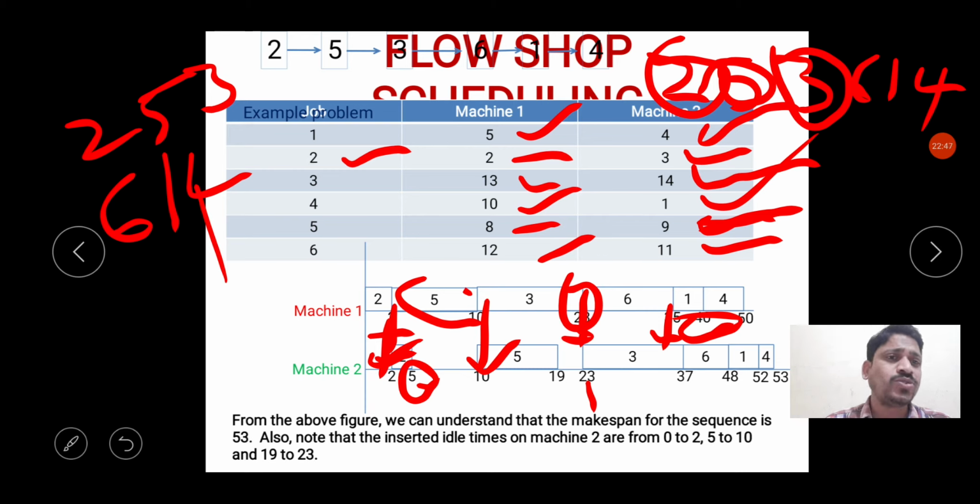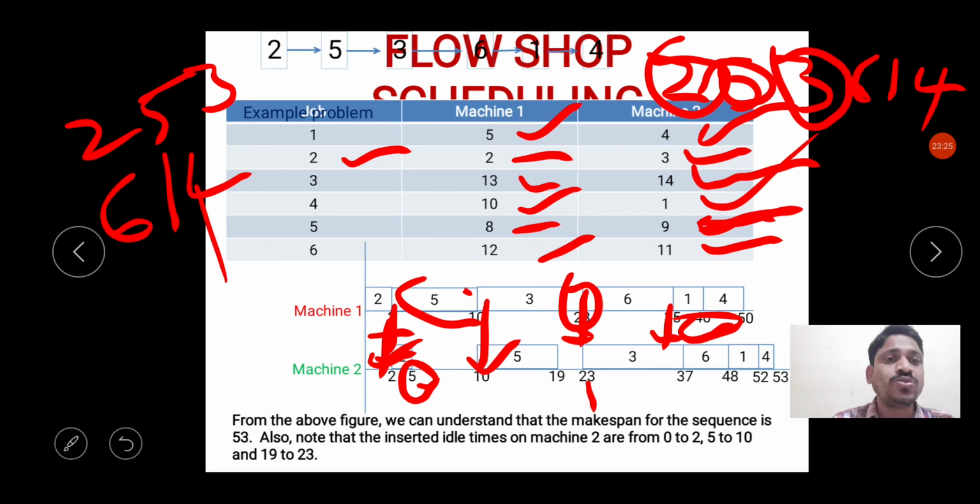But if you are asked to find out the idle times for machine 1 and machine 2, then how can you find? See here, whatever the empty spaces that you can see here without these boxes, they are the idle times. So what are the empty spaces here? Idle times for machine 1: as you can see, from 0 to 2 there is a job, 2 to 10 there is a job, 10 to 23, 23 to 35, 35 to 40, 40 to 50. So everywhere some particular job is processed on machine 1. There is no idle time.